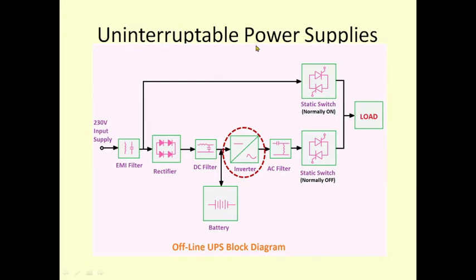Now we are having UPS always. Whenever we connect a computer, we use UPS, right? So in this we are having an inverter over here, because what we are having is a 230 volt input supply, and we convert it into DC using a rectifier, and we charge our battery. There is a bulky battery inside that UPS always, if you see that, and then this DC is converted back to AC, regulated AC,